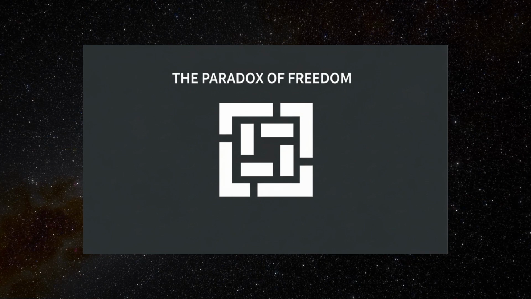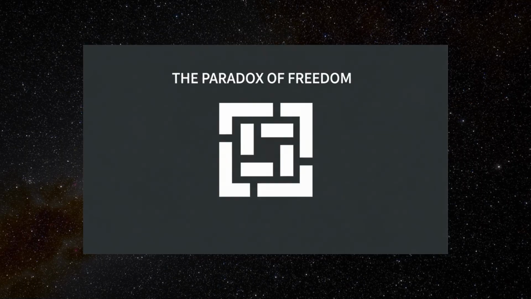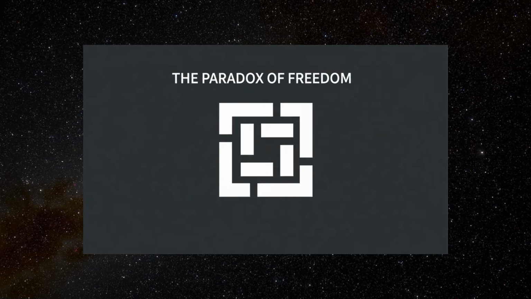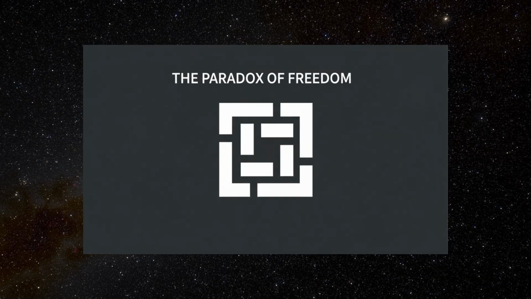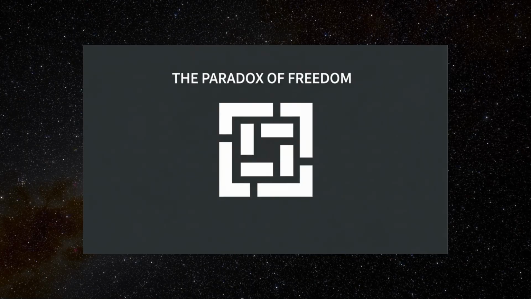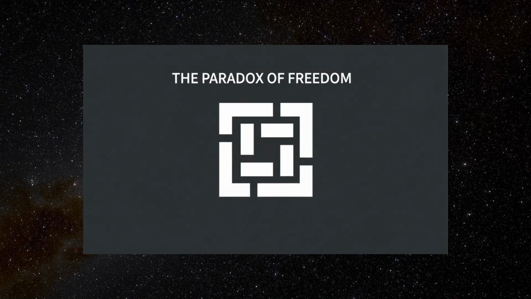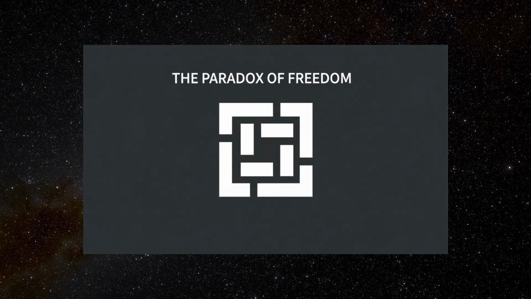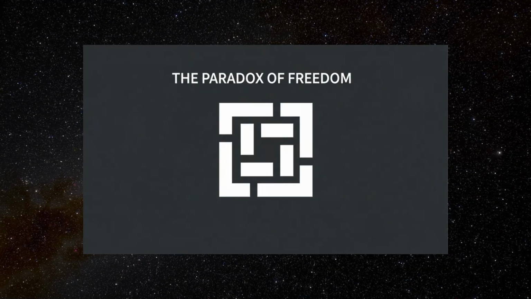To preserve a just and free society, some freedoms may need to be curtailed, not to suppress liberty, but to protect it. Laws, norms, and institutions often place limits on individual behavior to prevent harm, protect rights, and ensure fairness. These restrictions can seem like violations of freedom, but paradoxically, they are necessary to uphold a broader, more sustainable version of it.